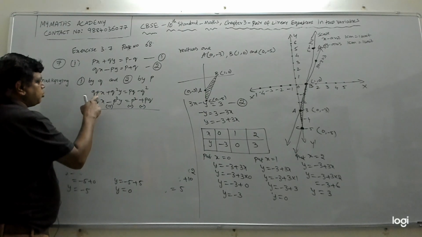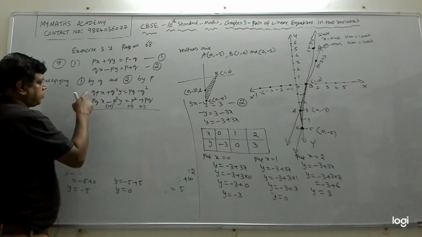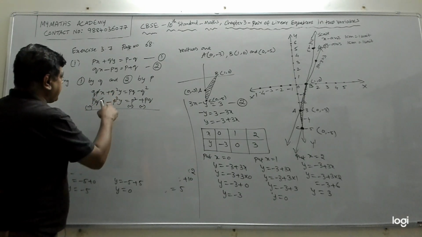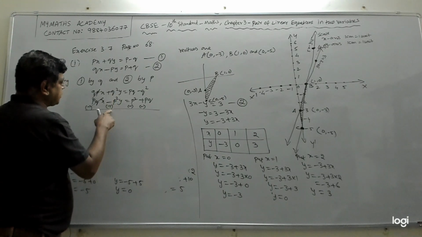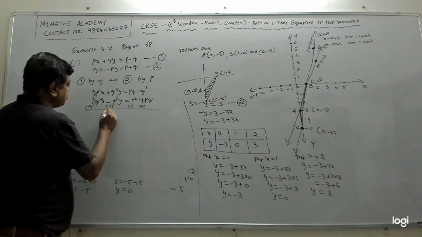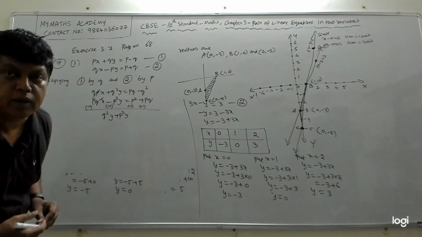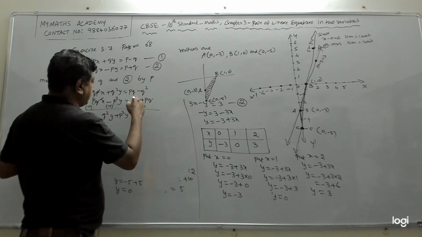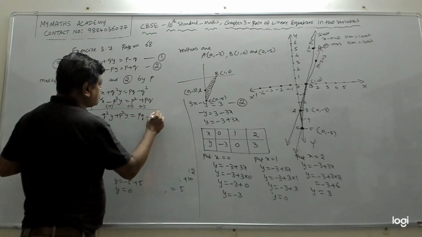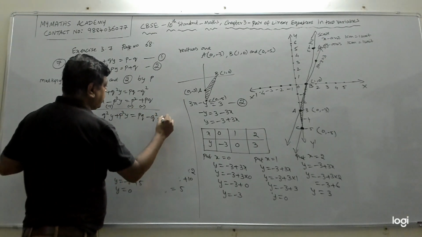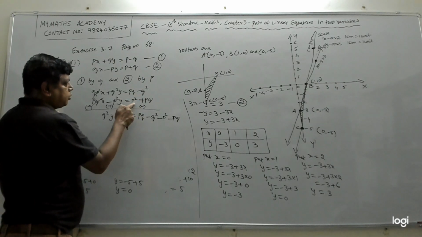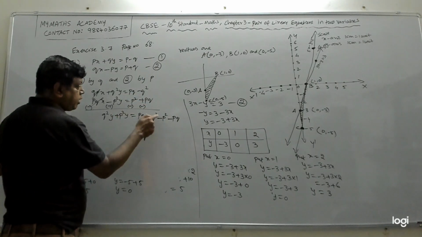Now this is QPX, this is PQX. Both mean the same. This is plus, this is minus. They will get cancelled. This is also PQ, this is also PQ. QP means it is PQ. Now subtract these two. What do we get here? This minus this plus this. Q square y plus, so this becomes Q square y. This is plus P square y. Clear? So this is Q square y plus P square y is equal to. Now if you add, this is PQ minus Q square. Then this is minus P square minus PQ. I'm writing PQ minus Q square here. Then this is, don't write P square plus PQ. It should be minus P square and minus PQ.